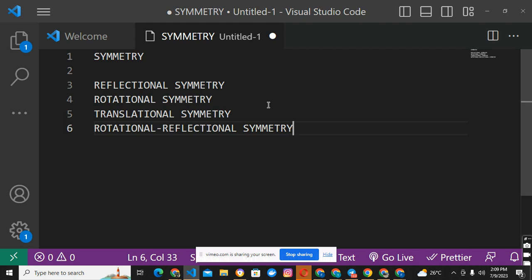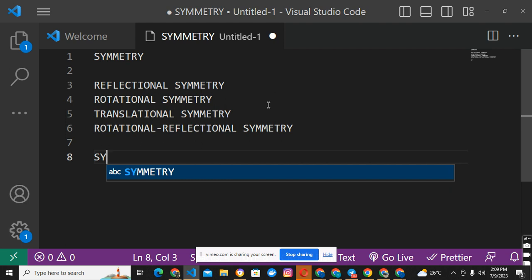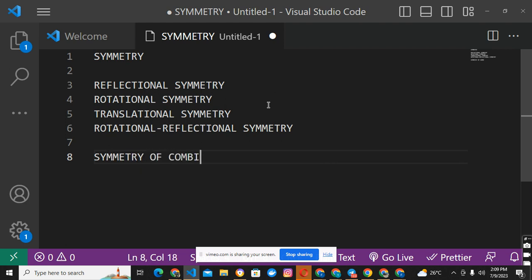I think we also need to understand the concept of symmetry of combinations, because we need to go from general to particular. Our concern here is symmetry as it relates to combinations. Now, symmetry of combinations, in the context of mathematics, refers to the symmetry exhibited by